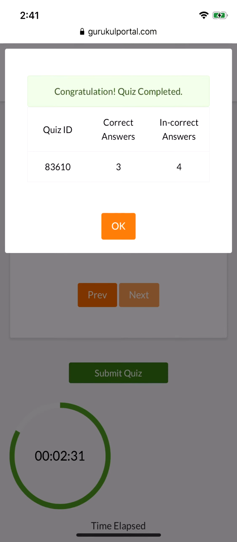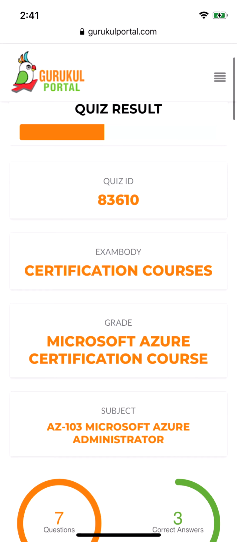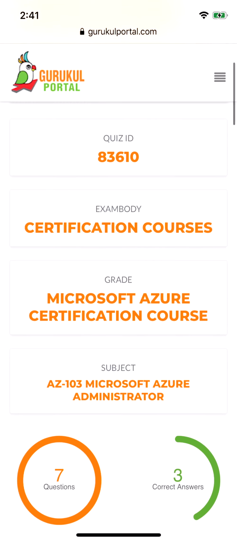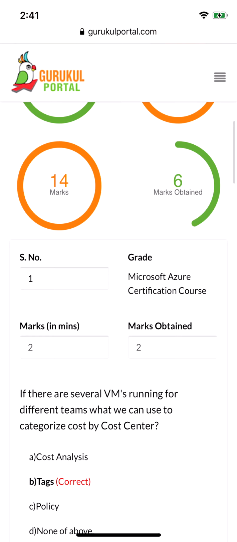Submit Quiz. And as you can see, Gurukul automatically tells you how many correct answers you got and how many incorrect. And if you want to go into more detail, you can click OK. From here, it will give you the full quiz breakdown. From here we can see essentially the categories you inputted to create the quiz, and then the dashboard down here. It shows you had 7 questions and you got 3 correct, the total marks obtained and how many marks